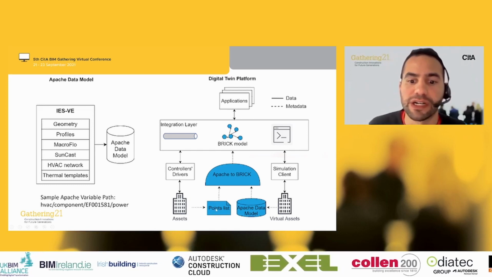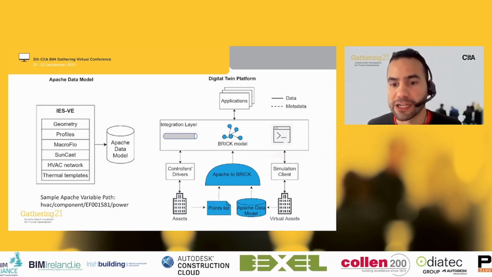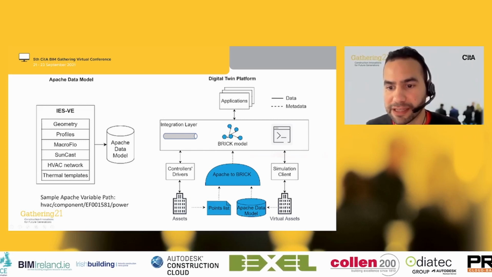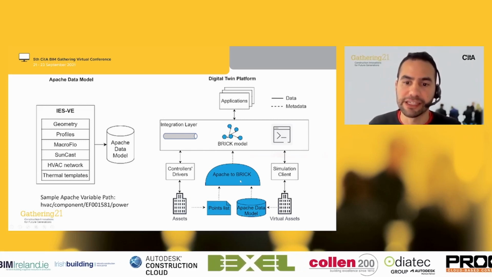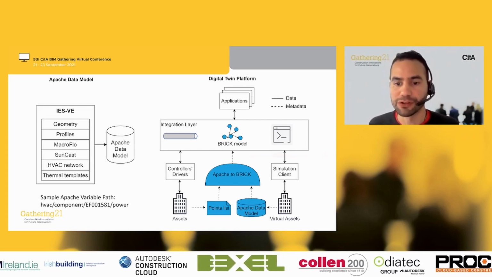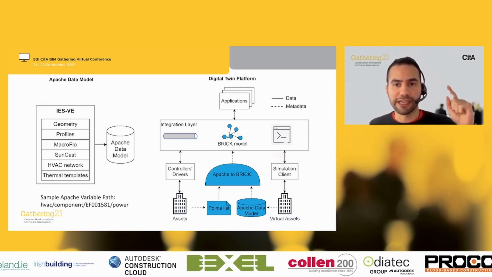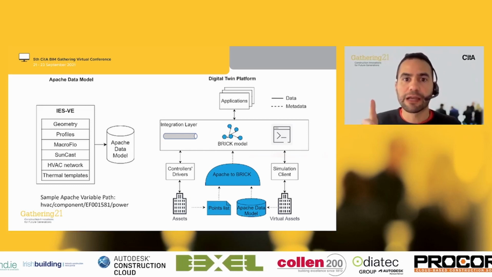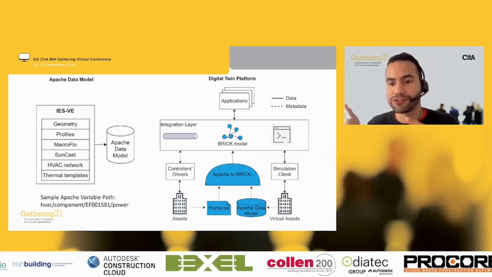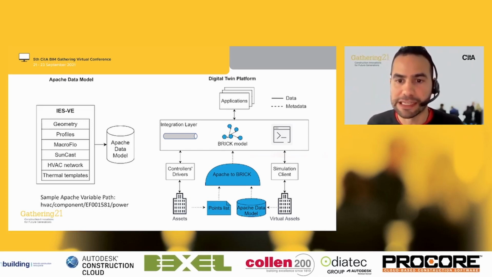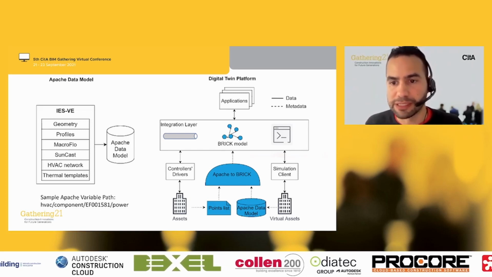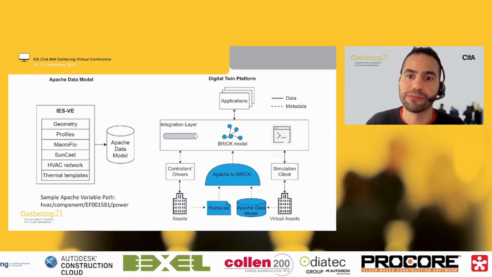We were given a list of points, and what we did was take the calibrated model and have a plugin that generates that brick model for you. Because with the brick model, we'll see that if a sensor in real life is mapped with a virtual sensor, then I know the relationships between different sensors. And basically it does that work for you, taking advantage that the building simulation team has already done